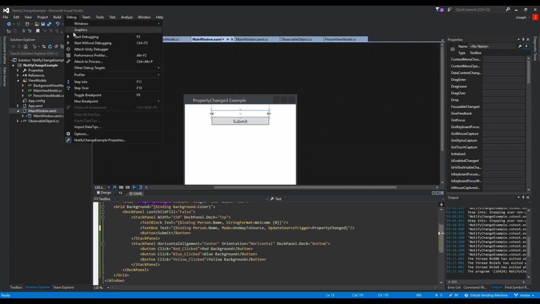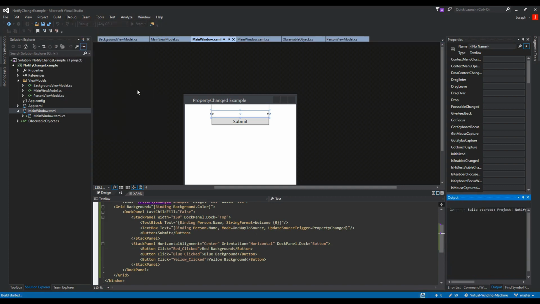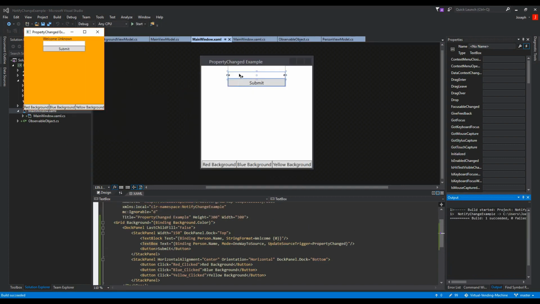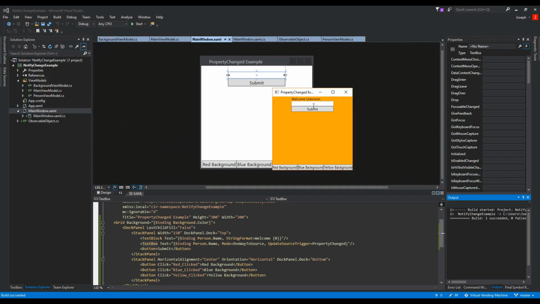So now I will go to debug, and I'm going to start without debugging, so I don't get the annoying tool that covers up our welcome message. So here we have welcome, and I click it, and as I type J-O-E, you'll see it updates. I could say,